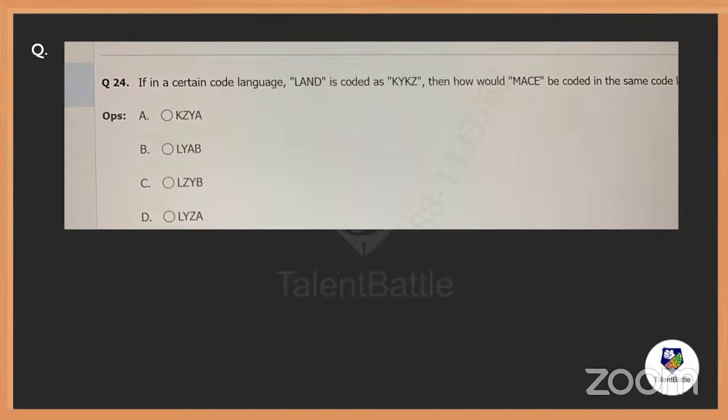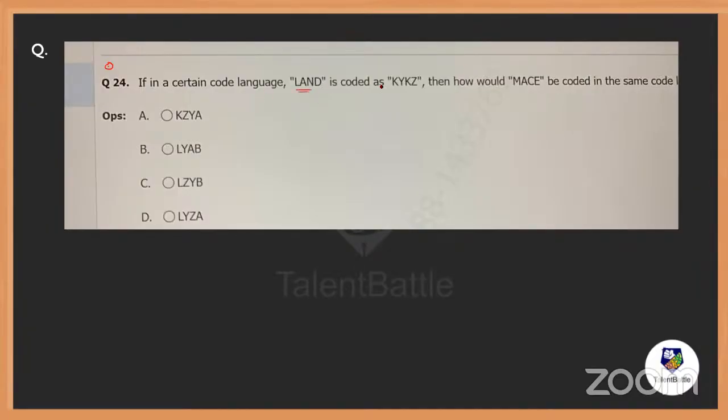Come on, everybody. Look again. Trust me, this is such a good question. We have already seen this yesterday from TCS, at the same time. Or recently also we have seen a similar question. The same. Coding and decoding is all about numbers. So now remember how I'll solve this type of question.